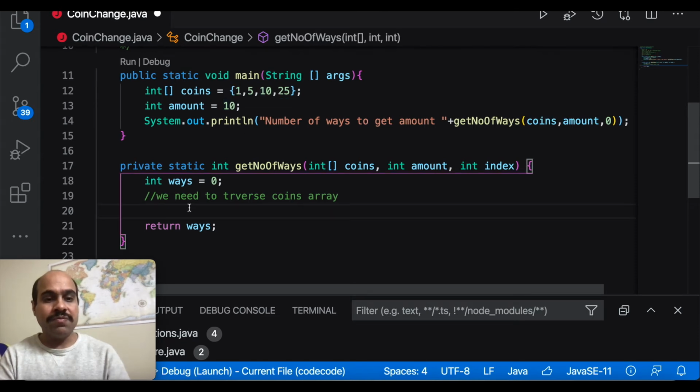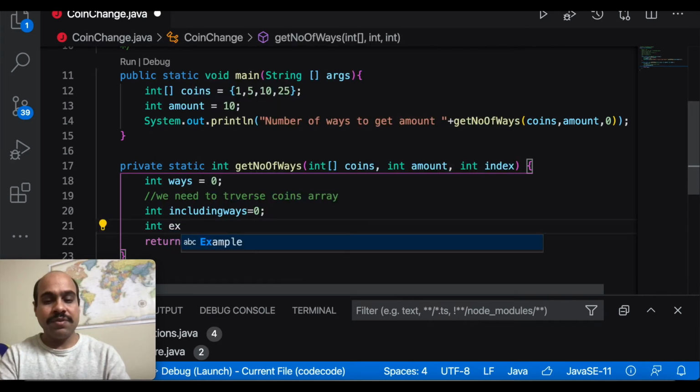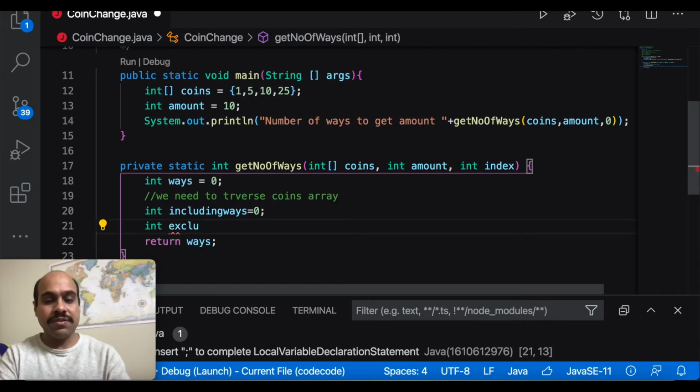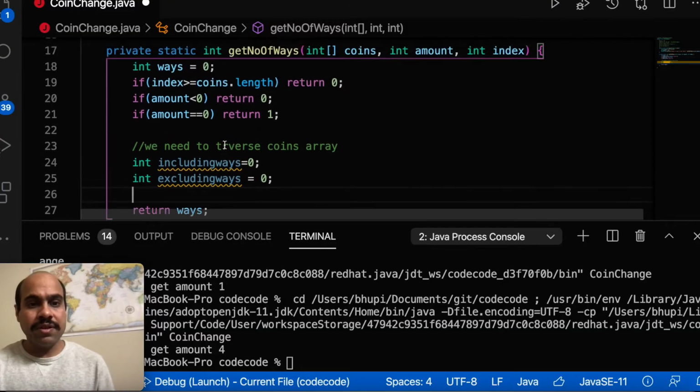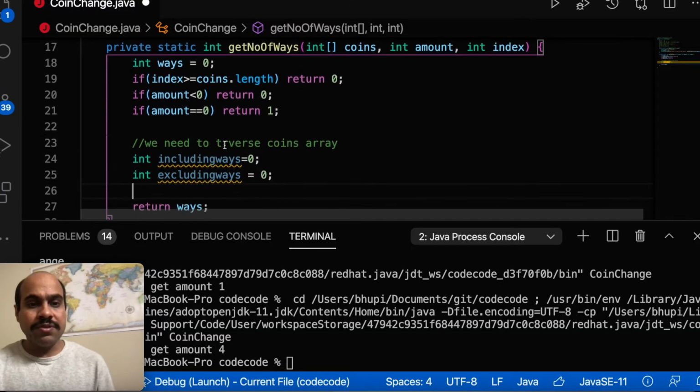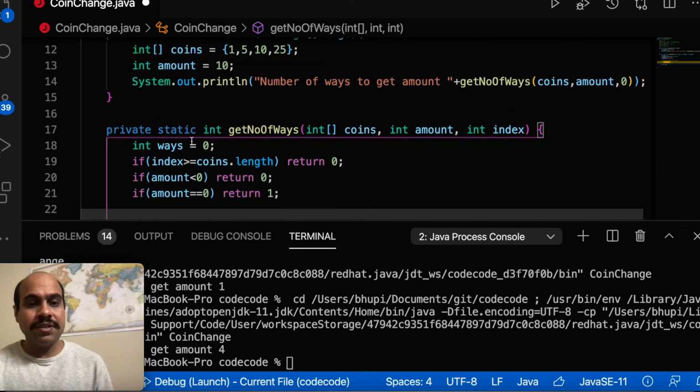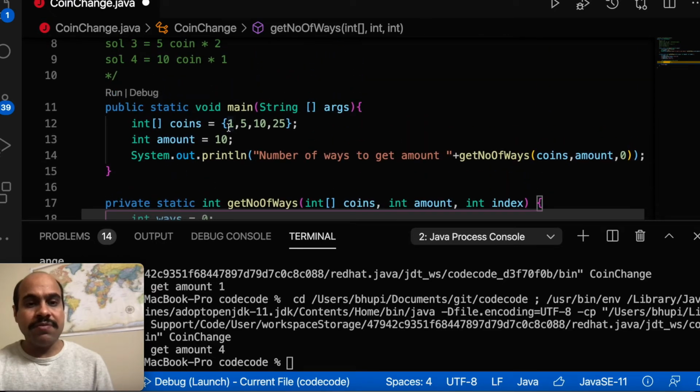So, okay, so I will take two variables called including ways is 0, excluding ways equals 0. Okay, so if I want to include a coin, that coin's value should be less than the desired amount value. So for example, if I want to create an amount 3, so I can use this 1 coin, but I cannot use this 5 coin.